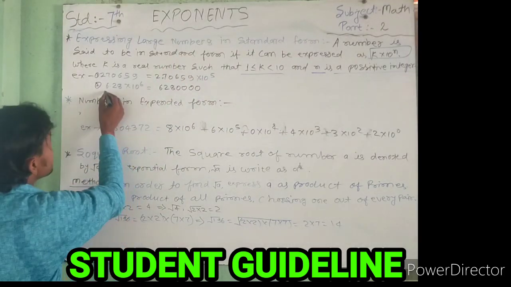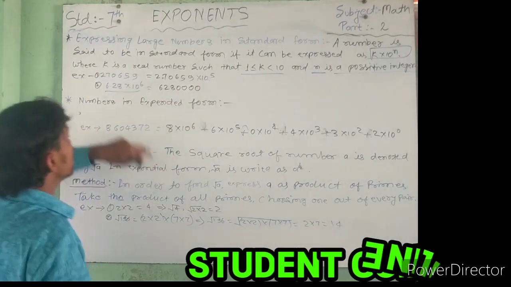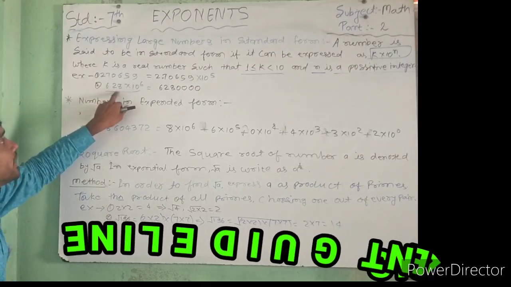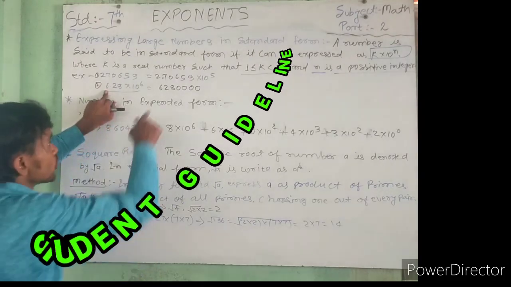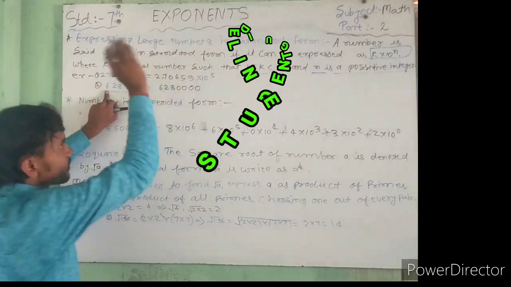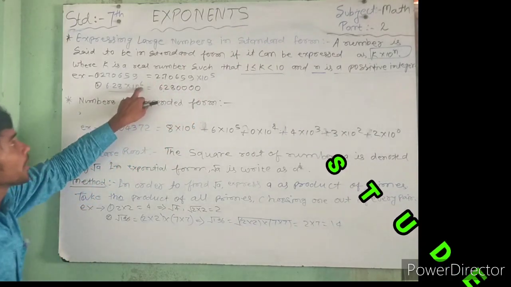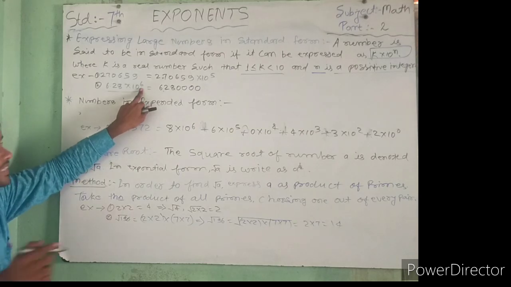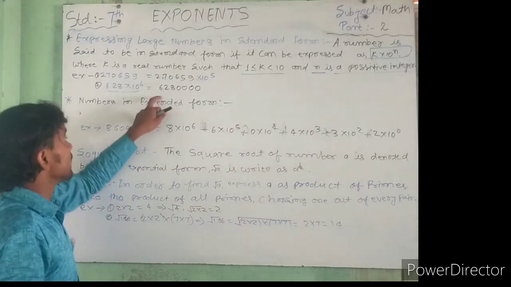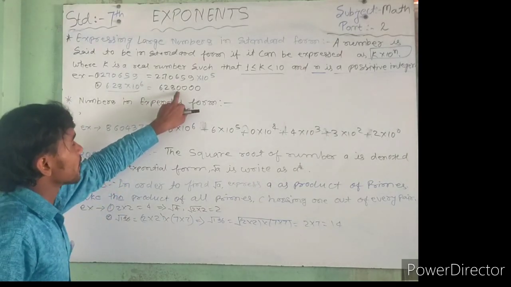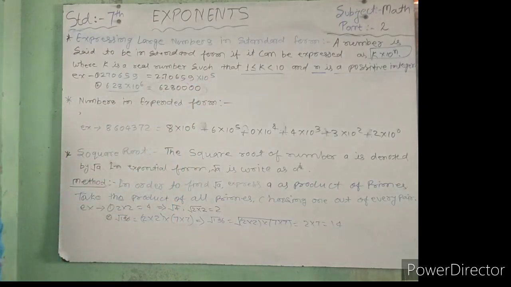And next, if some question comes in that form, how to convert it? So firstly, you take 6.2. You write here 6. Okay, and next, how many digits are left? 1 2 3 4 5 6. What is the power of 10? 6. So after the point you use 6 digits. Then you write 6.2 and 0 0 0 0. That's your number, that's your answer.